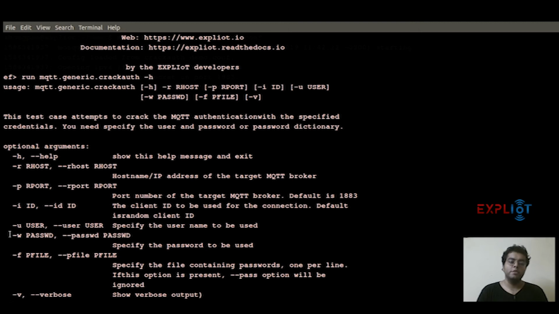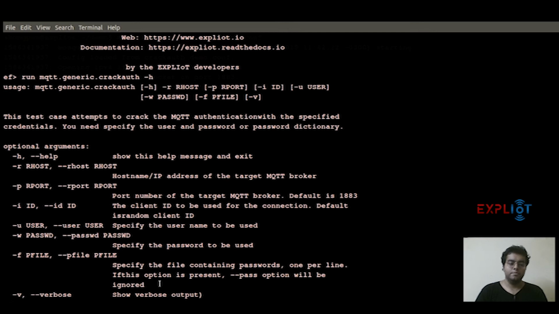Next, for mode 1, which we're going to use, is the -w, which basically stands for password. So you have to specify the password that you're using here. So we'll type in a few passwords one after the other. We'll look for the wrong password and how the plugin reacts to a right password. Alright. So in the second mode, we'll use a password file. So specify the file containing the passwords. The format should be one per line, which is for the word lists. If this option is present, the previous one will be ignored.